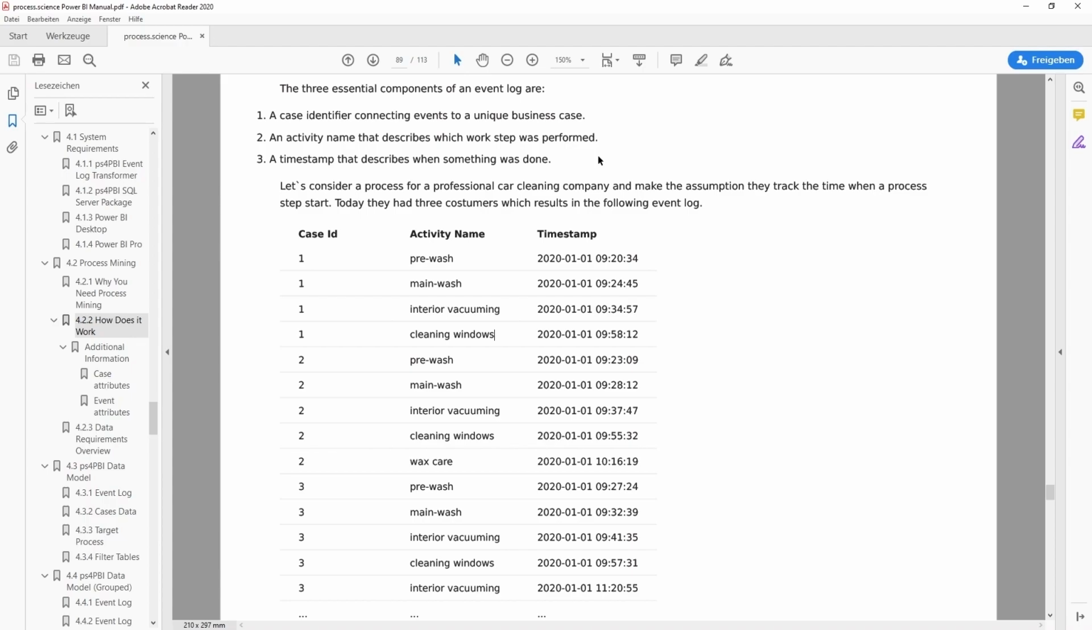It can also be an order number, or a ticket number from, for example, something like ServiceNow. So if you're talking about one unique business case, then this is the granularity for your case ID. Then we have the activity name, so stuff that describes the work step that has been performed. In this case, it's pre-wash, main wash, and so on. In ticket systems, for example, it's going to be stuff like the status of the ticket, so open, in progress, closed,